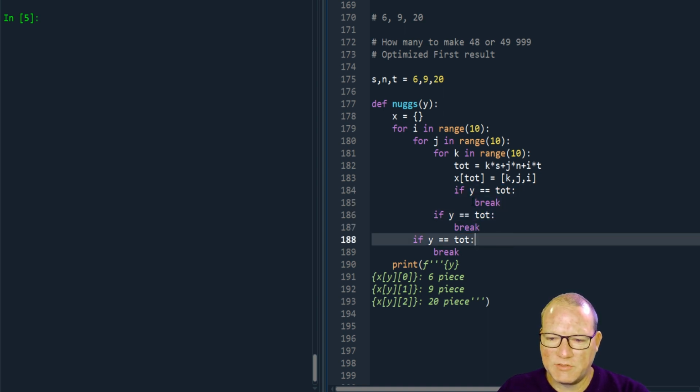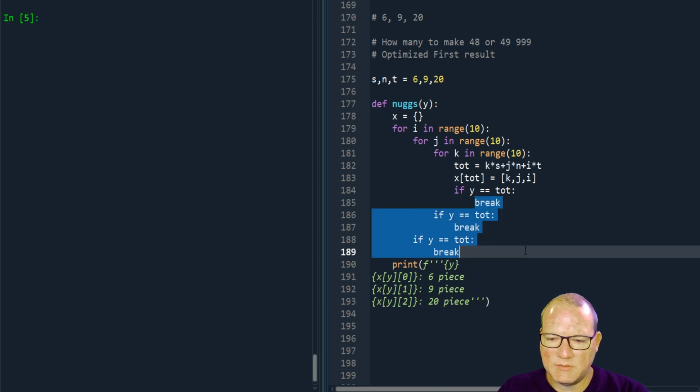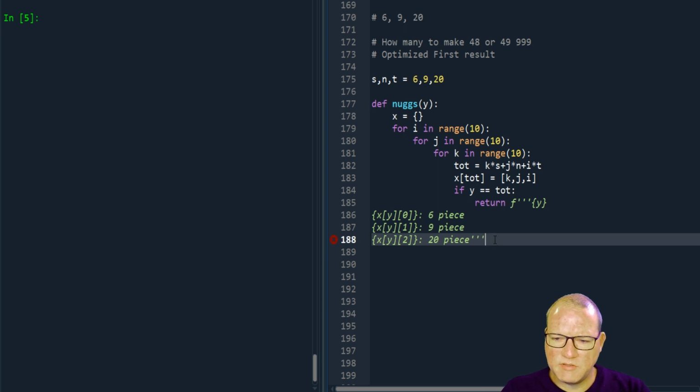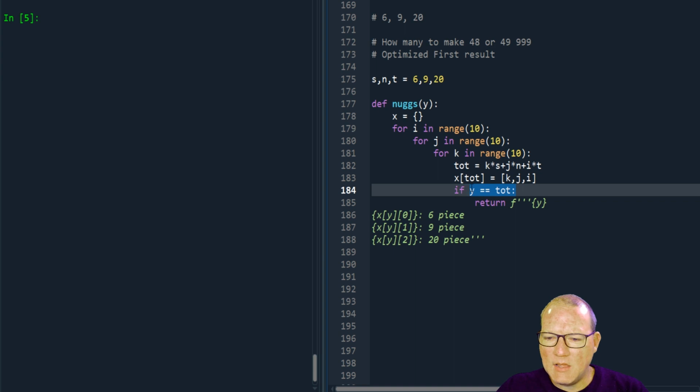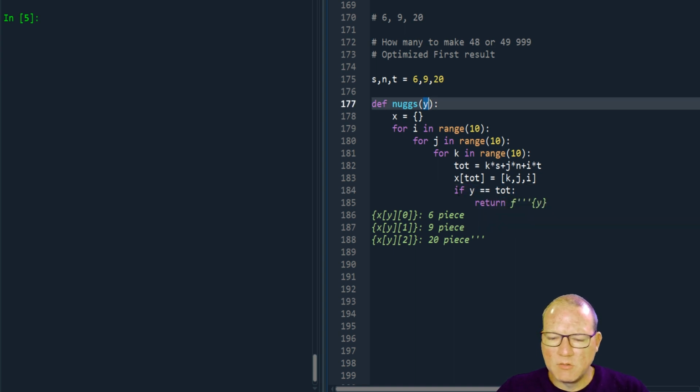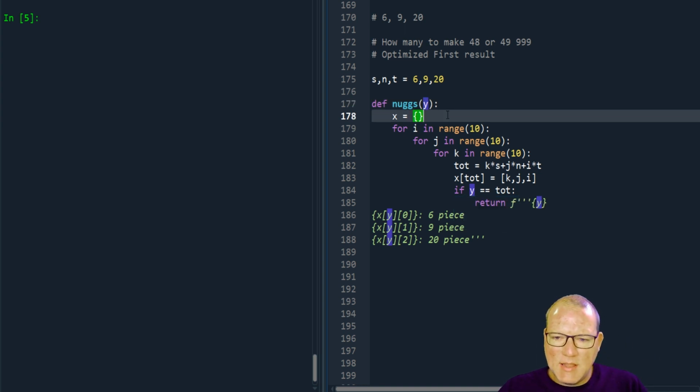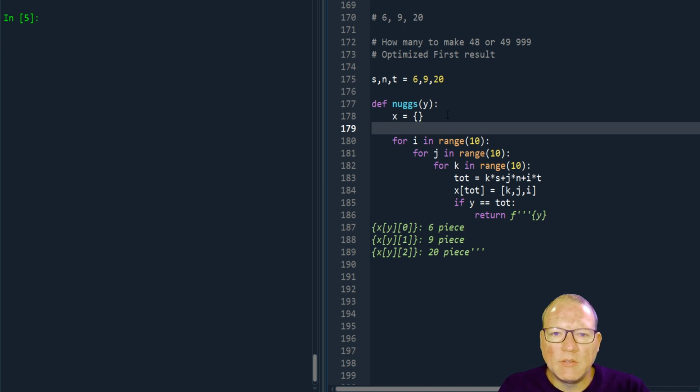So I think the first thing we need to do is we need to get this set up. So we turn this into a return statement. So once we get our number, the program ceases. So now the next thing that we need to do is we need to turn this into a while loop. So while